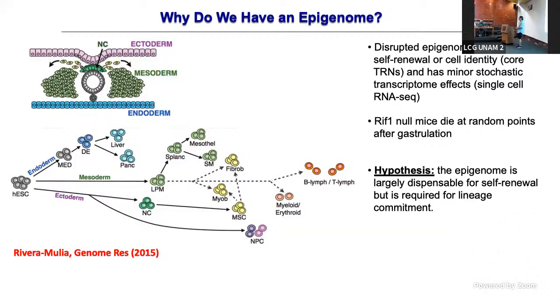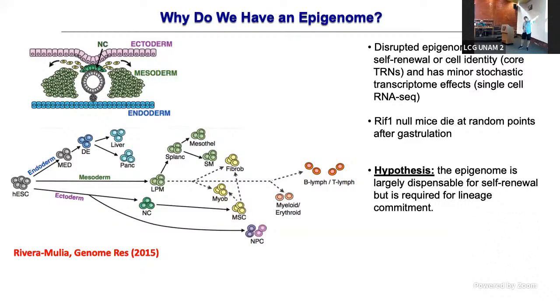So if we can disrupt the epigenome and the cells are perfectly happy, they're growing, they're healthy, we can expand them, and pluripotent cells, human embryonic stem cells, retain their transcriptional regulatory network, they retain their pluripotency. We've shown that in very short experiments that they can go to endoderm, mesoderm, and ectoderm. Then what the heck is the epigenome for, right? So there are two observations here over there on the right. One is that we don't affect cell identity by knocking out RIF1, even though we affect the epigenome.